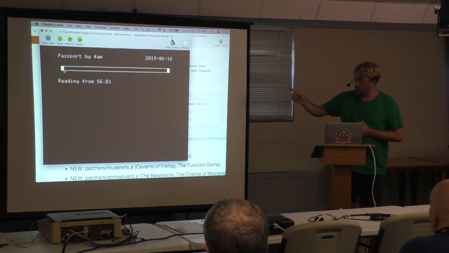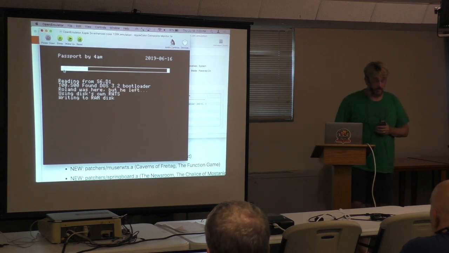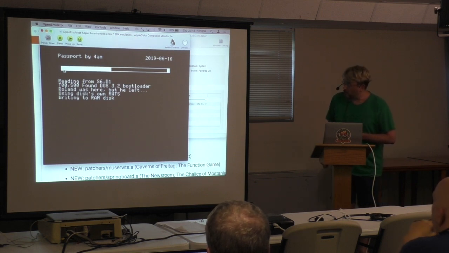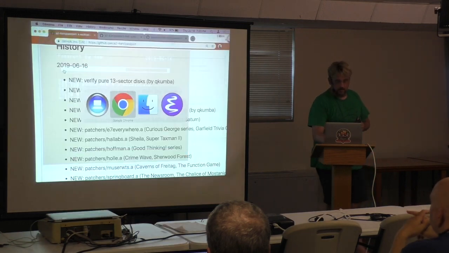So the other thing is that Passport still exists, and as you can tell by the version number, this is a stable release. It was just released. The stable version, latest version, was released on June 16th of 2019, so about a month ago. And the thing that we are cracking here is part of the